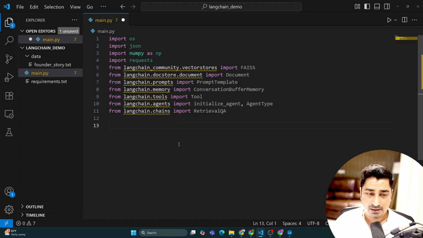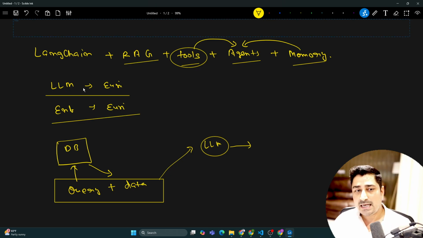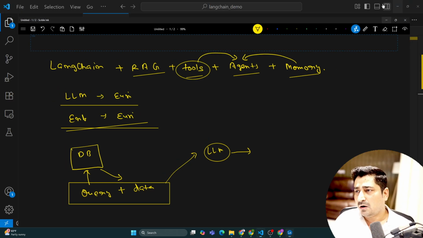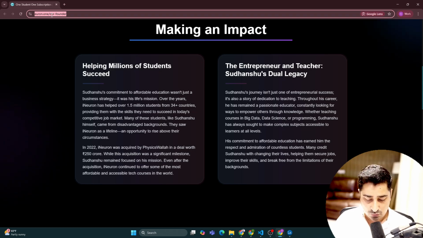As I progress. Now, you need a couple of things, guys. Like I said in my diagram, you need an LLM and you need an embedding model, because unless you have an LLM, you will not be able to build a RAG application. Even your Langchain requires LLM access. So you can provide any LLM which is available out there. That's completely fine. And then you need an embedding so that you can convert your own data into embedding format. To do that, I will be using